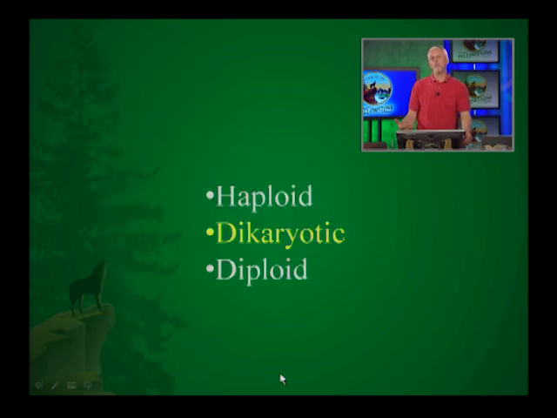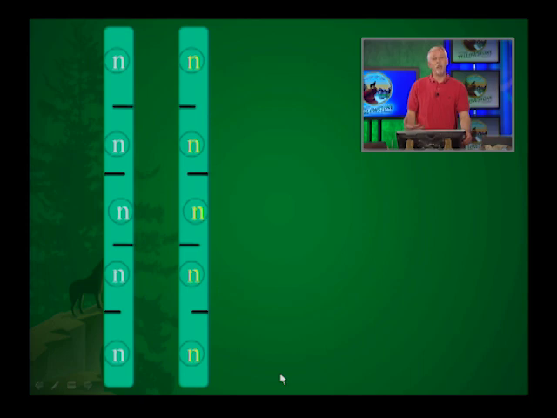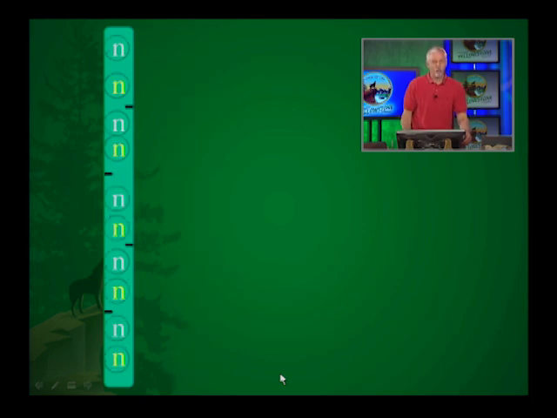Under other conditions, those haploid hyphae may fuse together. And so they would be genetically different organisms fusing together. And so the individual cells would have nuclei from both of the parental fungi in them. And so we describe this as an N+N condition. So the nuclei stay separate, and so they would have both haploid nuclei within the cells of the hyphae. And so again, we refer to that as being a dikaryotic condition.